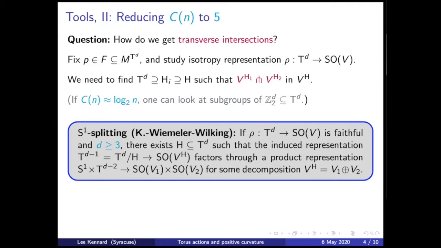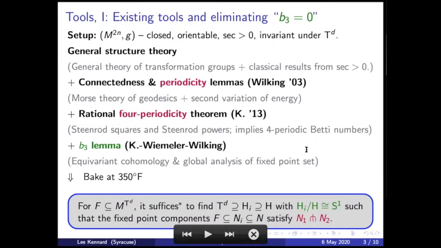Okay. So in that previous, I'll go back just quickly here. So this condition in green is required for the B3 lemma, and in the previous work we didn't have the B3 lemma, so actually we didn't need this extra condition. The HIs were allowed to be finite subgroups in that case. That's because you couldn't prove separately that B3 is 0. Right, right. So from now on, all the HIs and H's are finite subgroups.